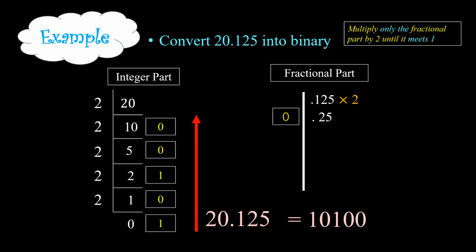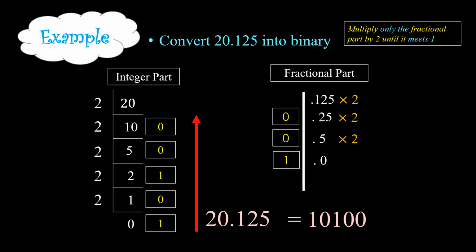For the second step you multiply only the 0.25 by 2 and you get 0.5. For the third step you multiply 0.5 by 2 and you get